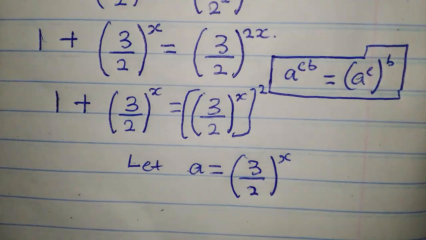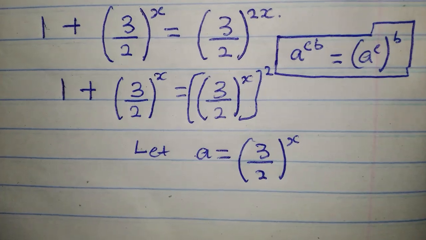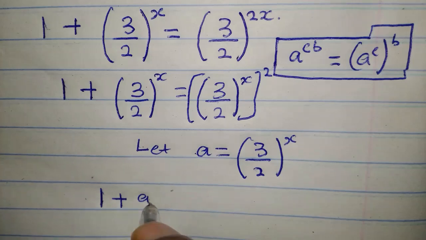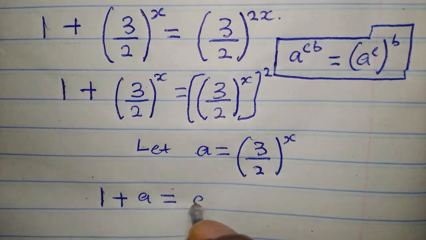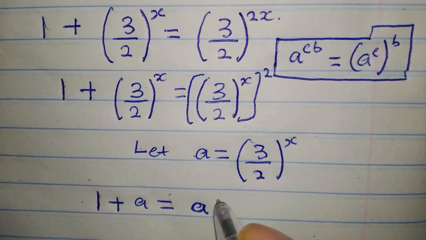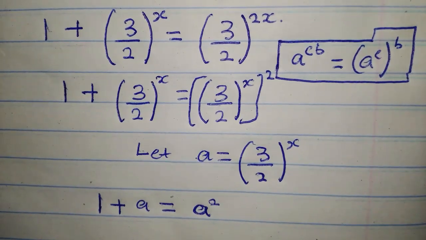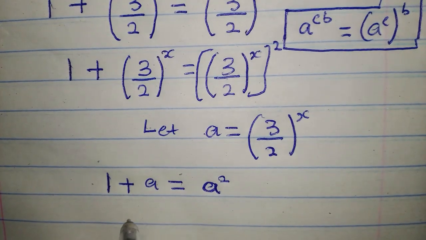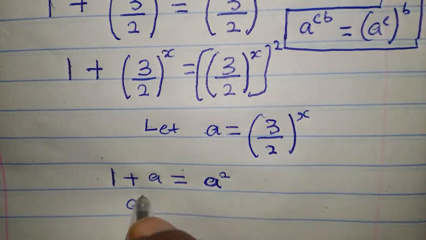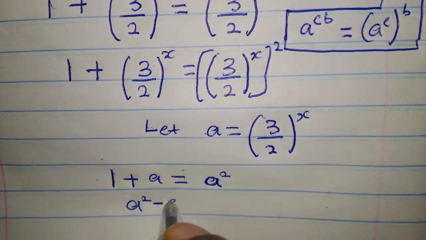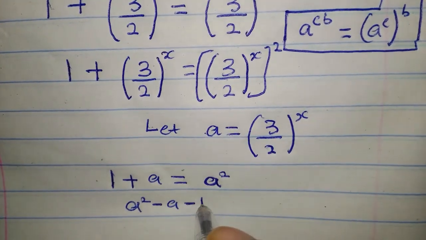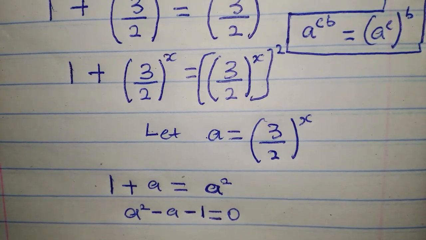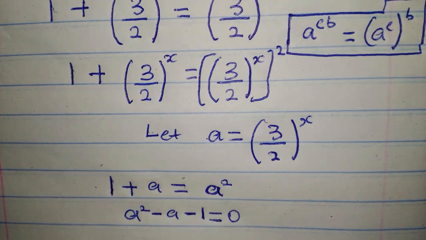If you put that rule in here, what we simply have is 1 plus a equals a squared. If we want to write this in a quadratic form, we simply have a squared minus a minus 1 equals 0. So this we can solve using